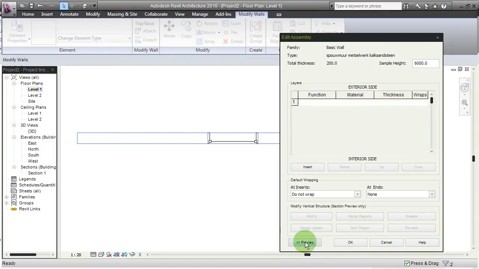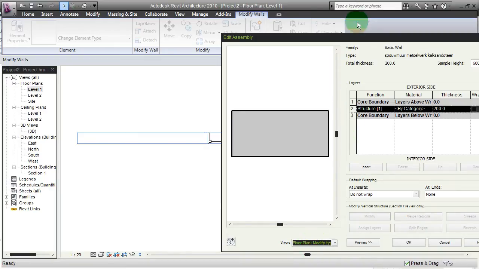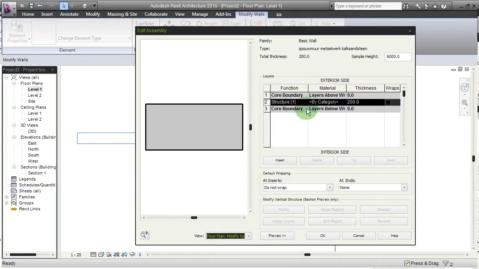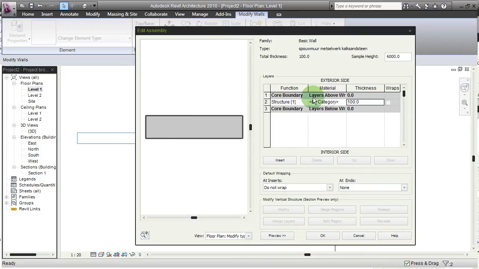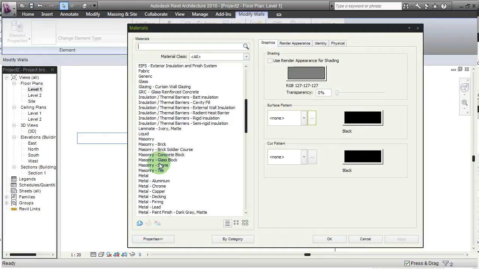So let's switch on the preview first. This is the vertical section, and let's switch to floor plan and make this indeed the core of our wall. Let's say 100 millimeter brick wall, and then as the material I'm going to select masonry brick, but since this has a double